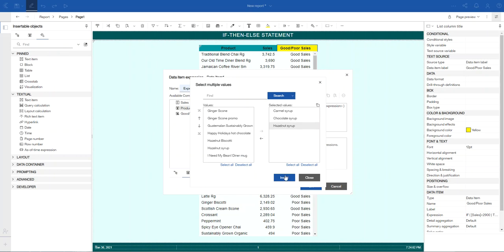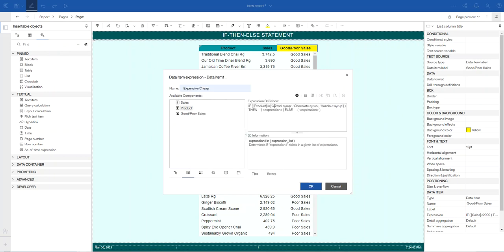Perfect. Click OK. And as you can see, Cognos automatically puts in the single quotes and the brackets for you.